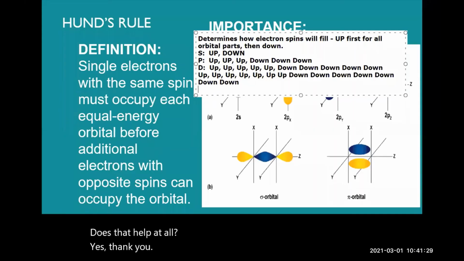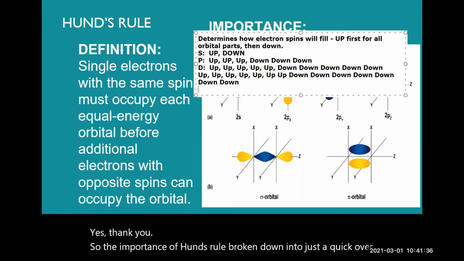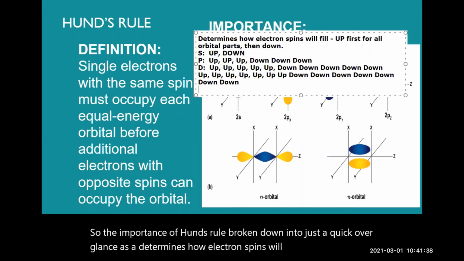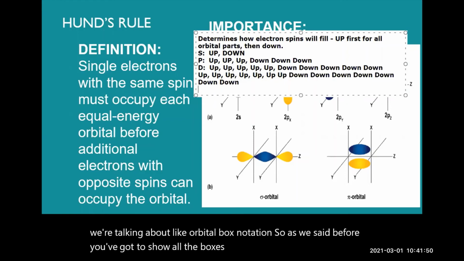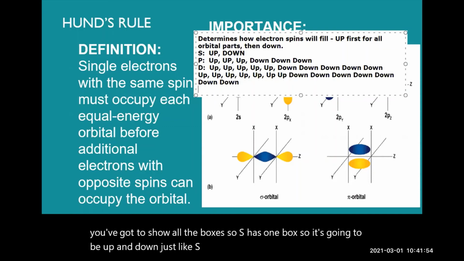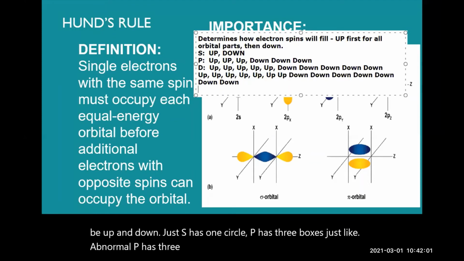So the importance of Hund's rule, broken down into a quick overview, is that it determines how electron spins will fill, especially when we're talking about orbital box notation. So as we said before, you've got to show all the boxes. S has 1 box, so it's going to fill up and down, just like S has 1 circle. P has 3 boxes, just like a normal P has 3 clover leaves, and it'll fill up, up, up, then